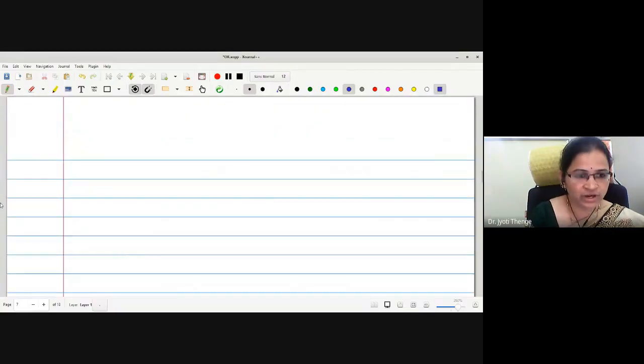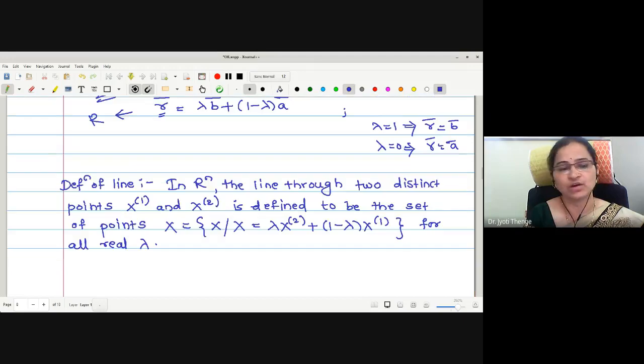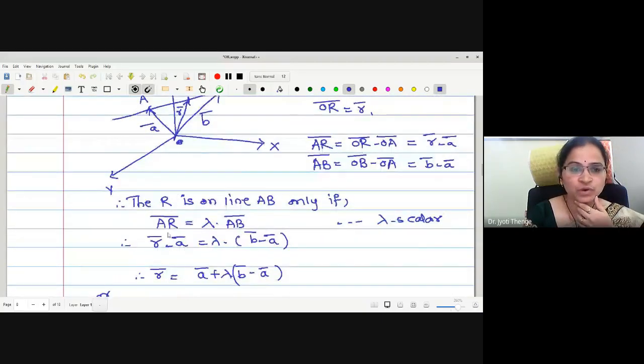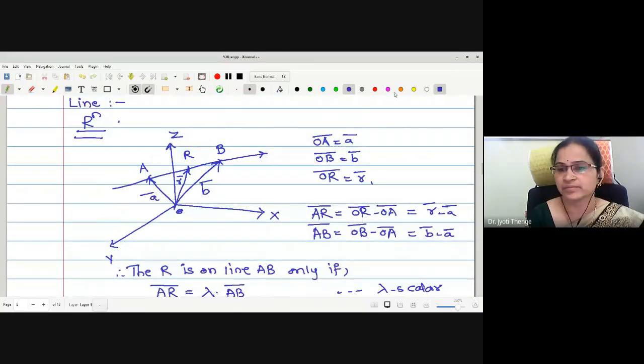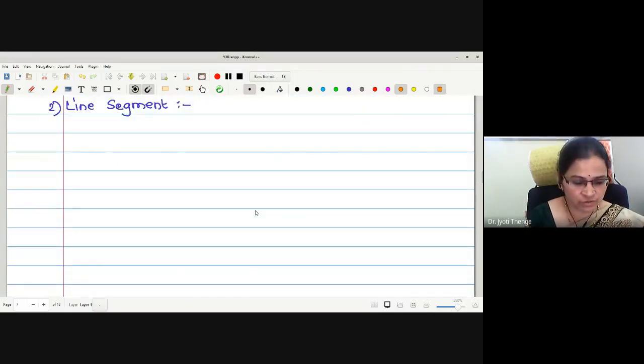If not, we will write the definition of a line segment. I will call it 2. The definition is about a line segment. Now, writing a line segment from the line is not a difficult job. What we have to do is simply restrict the value of lambda. Because here we have denoted it for all real lambda, since we want to find all the points on this line. But whenever I am restricting this to be a line segment, it will be sufficient to restrict the value between 0 and 1. Therefore, the same definition carries only with the restricted value of lambda.